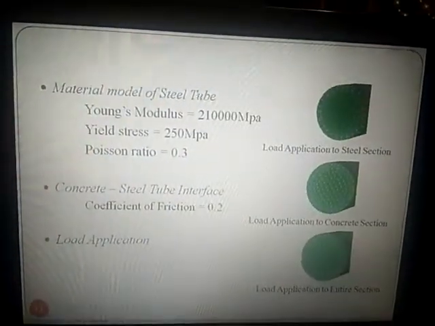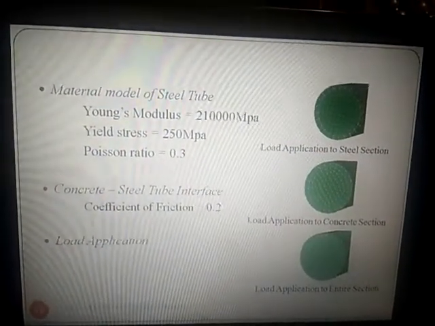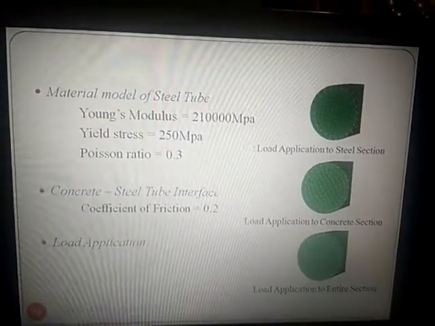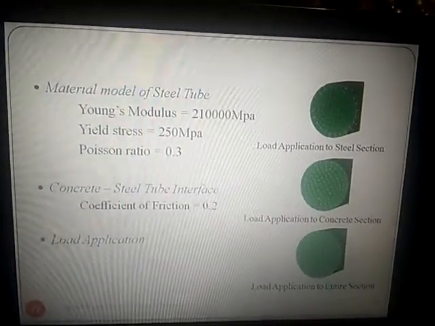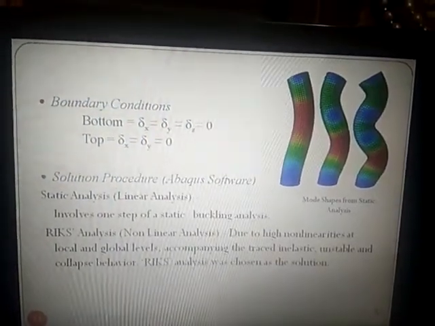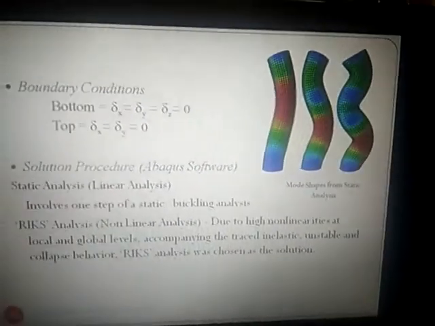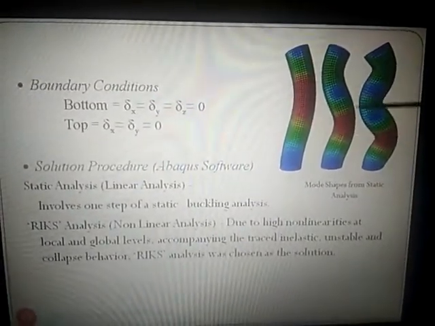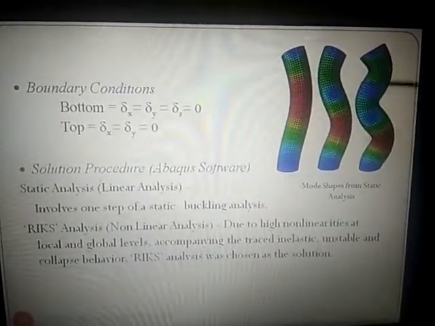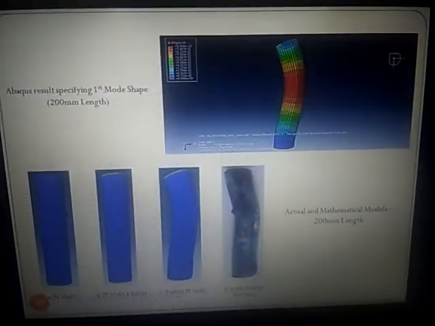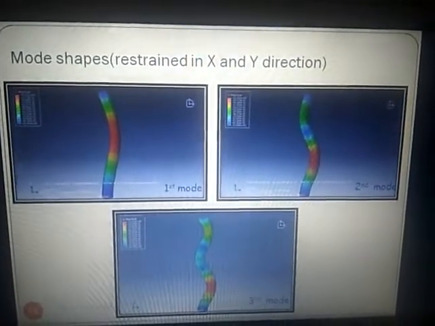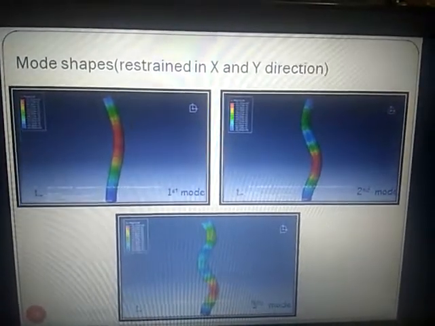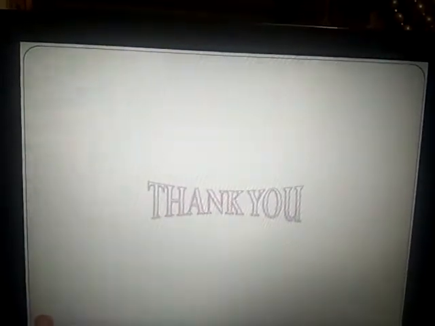Abaqus. These are some of the project works done by our students for PhD as well as for BE, MTech and doctoral level. Material properties, you feed concrete, you apply the load, see how this buckles with all the stress concentration. This is using Saint Venant's principle. So many hidden things are here. These are where the concentration of stress is maximum. See the examples of mode shapes which you have studied in first MTech: first mode, second mode, third mode, and X and Y modeling. These are the different contours for a dam, for civil engineering applications.